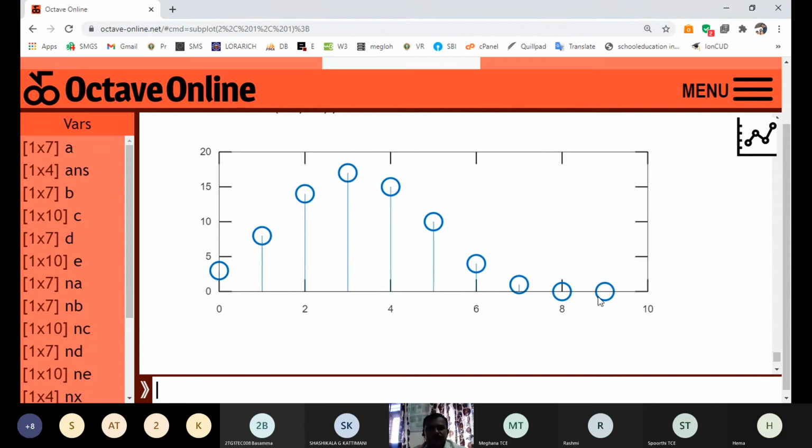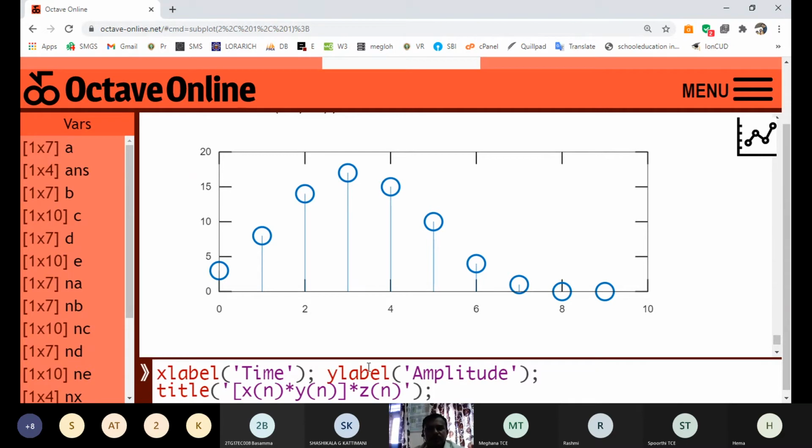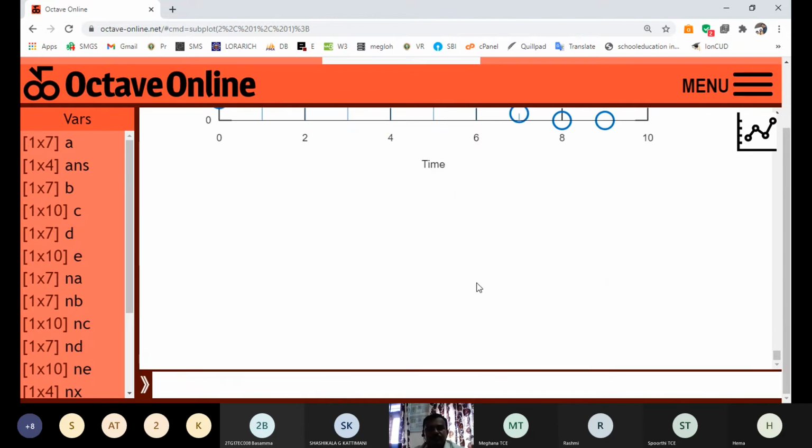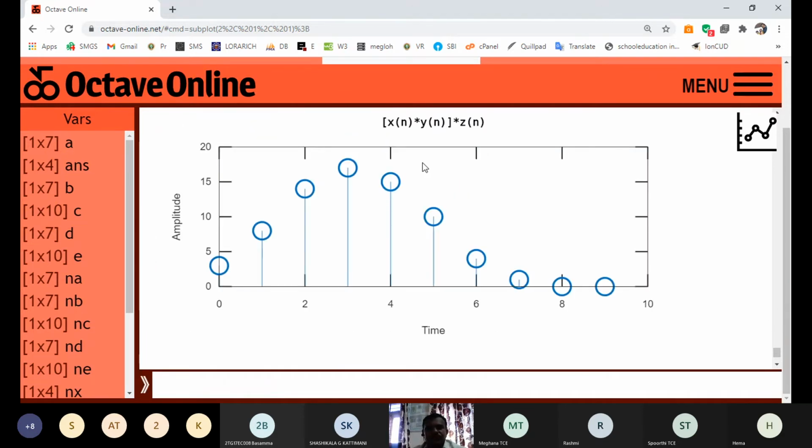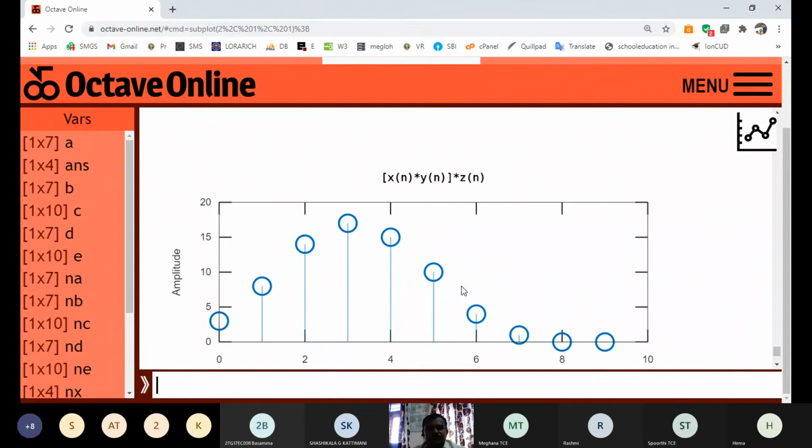Then put the labels: x is time and y is amplitude, and the title is LHS. What is LHS? The linear convolution of x into y, once again linearly convolved with z. You can observe here, this is LHS.